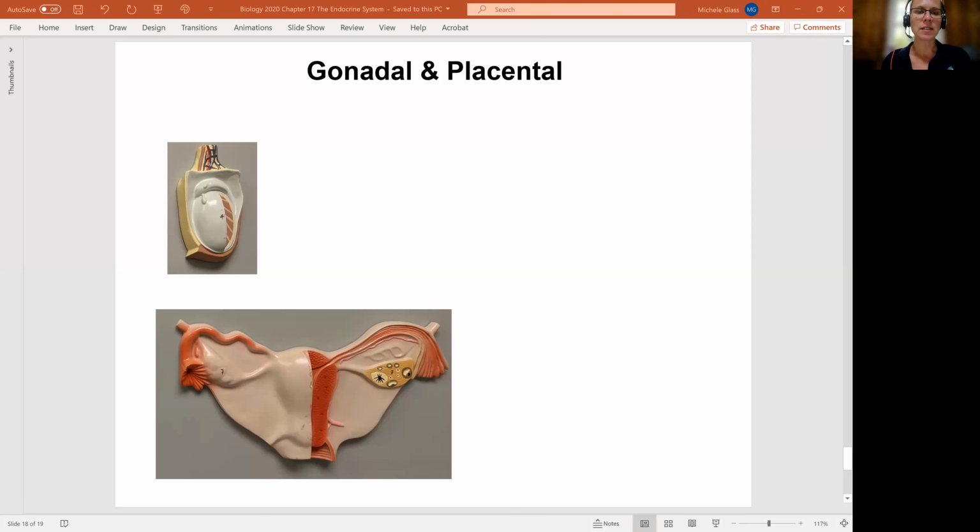This is our last video talking about those primary endocrine glands, where remember a primary endocrine gland is one whose main function is to make hormone. And what we're looking at here are our pictures from our lab model of gonads. So we can see here the testis, and over here we can see both ovaries, also along with the uterus